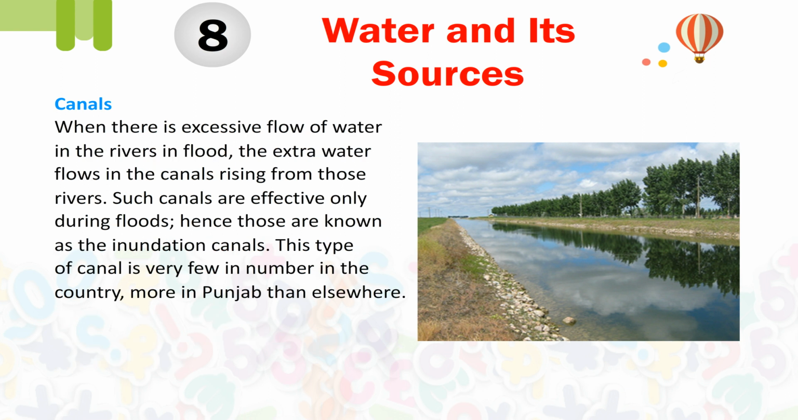When there is excessive flow of water in the rivers in flood, the extra water flows in the canals rising from those rivers. Such canals are effective only during floods. Hence, those are known as inundation canals. This type of canal is very few in number in the country, more in Punjab than